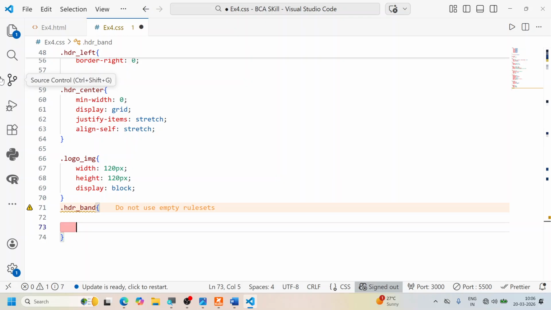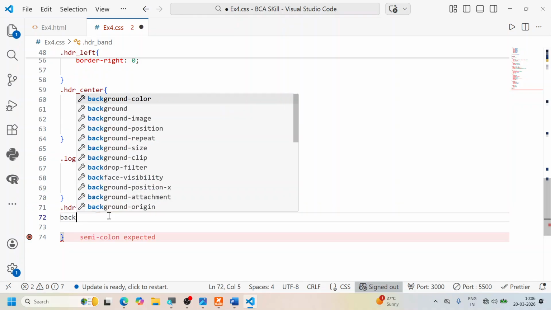Let's go to the header band. We have to do a lot of work over here. So let's first fix the background for this one. First thing is we have to set the background. So I'm going to say background,